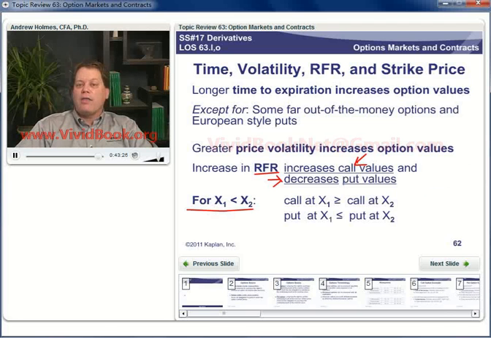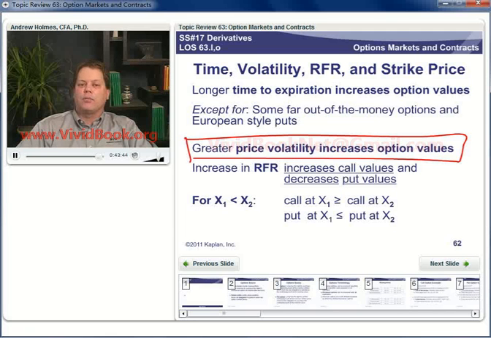The higher the exercise price, the lower the value of the call. Did I say that right? Yeah, the higher the exercise price, the lower the value of the call. The higher the exercise price, the higher the value of the put. Okay, so we went all the way through these. The one I didn't talk about was this one, which was volatility. We've talked about that previously just a little bit, but here as a quick reminder,